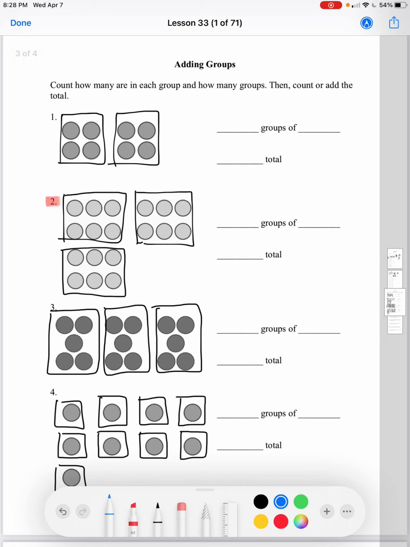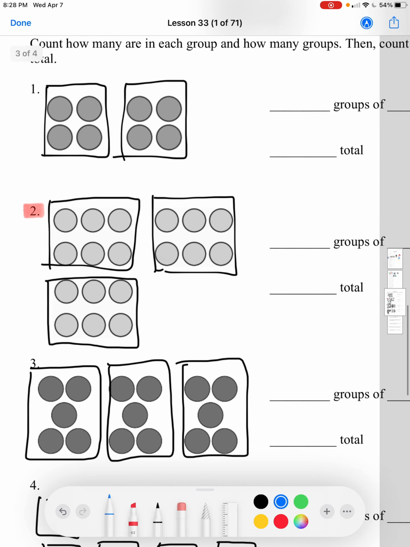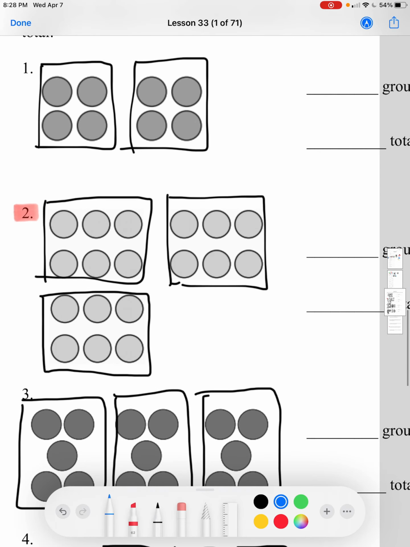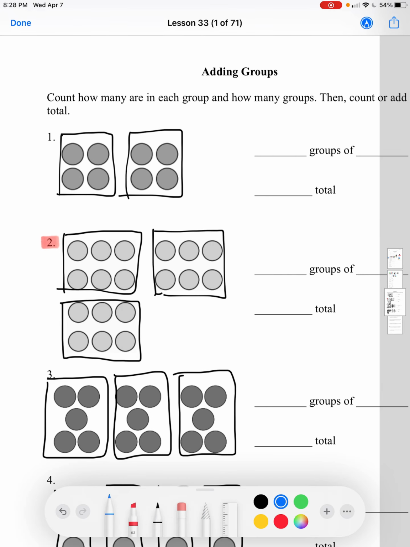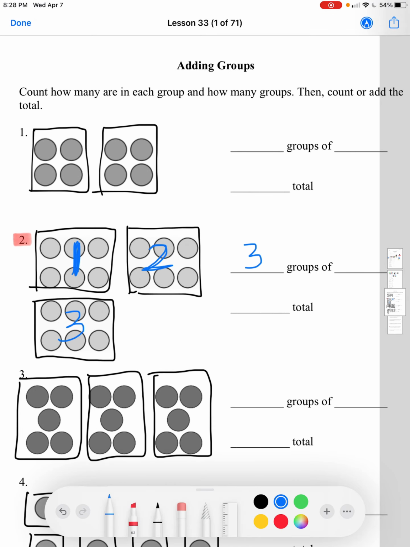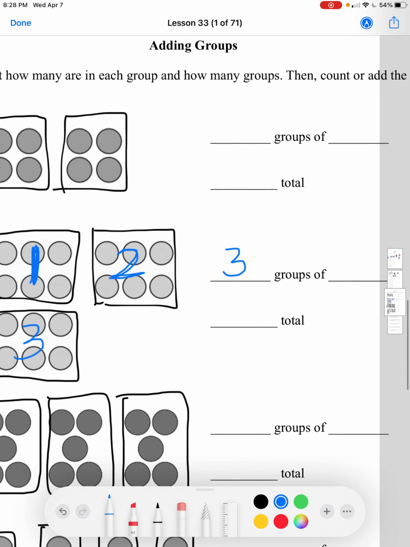It says adding groups. Count how many are in each group and how many groups. Then count or add the total. So I drew little boxes so we can see the groups more clearly, but we're going to focus on number 2. Let's count how many groups we have. We have one box here, another one here, 2, and then 3. So we have 3 groups, and it says 3 groups of, so you want to find out how many are